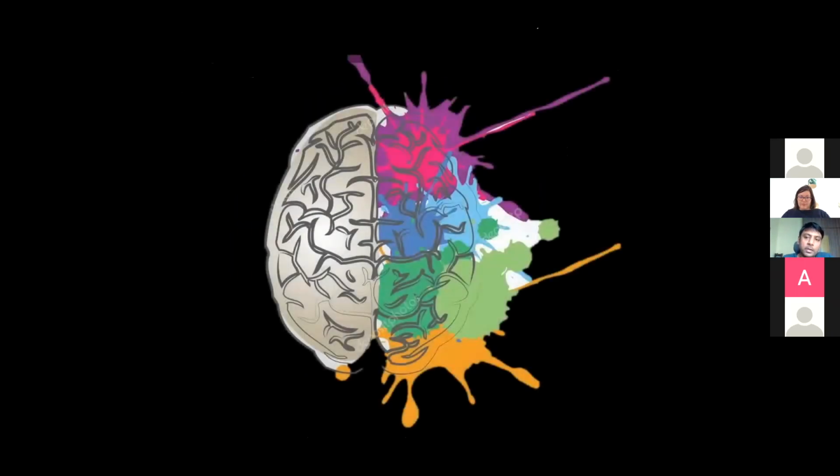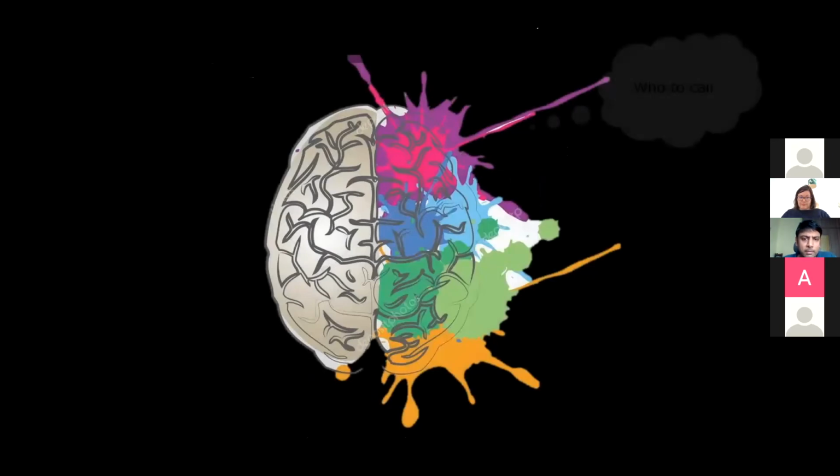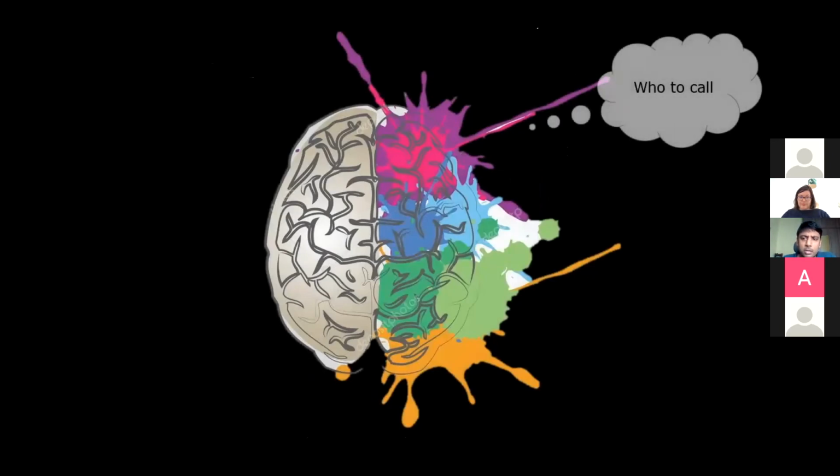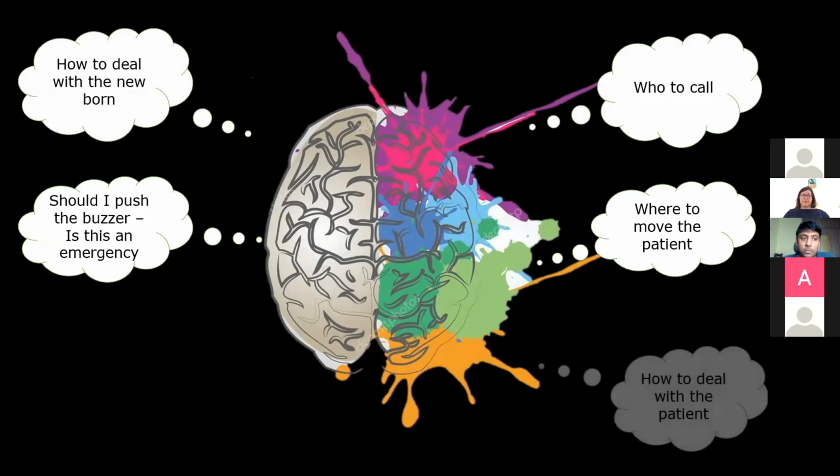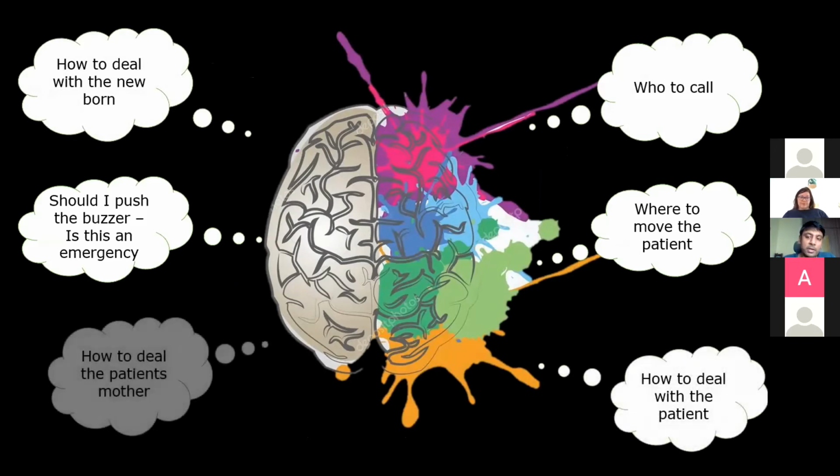So at this point in time, there were quite a lot of things running in my mind, literally a million thoughts. The one was, who should I call? Should I push the buzzer at all? Is this even an emergency? If there is a newborn, what should I do with it? And where should this patient be? She was in the ambulatory major part of the department, and where should she be? And this girl was present with the mother. If that's the case, how should we handle the mother and how to deal with the patient? So we moved this patient onto a trolley, tried to lift the product that was down,